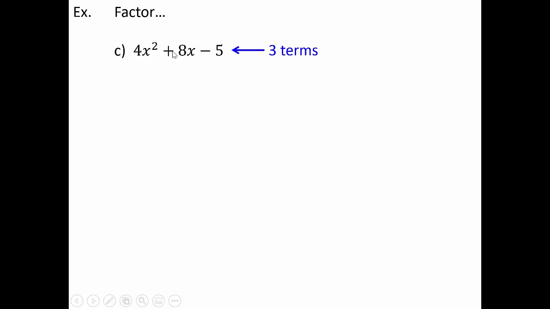We have a 4, 8, and a 5. Notice between 4, 8, and 5, there are no common factors. Of course, 5 is a prime number, so it's just 1 and 5. 1 is never interesting when you're factoring. Never try to pull out a 1 when you're factoring, unless of course it's important to pull out a 1,